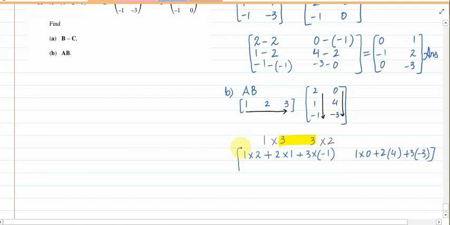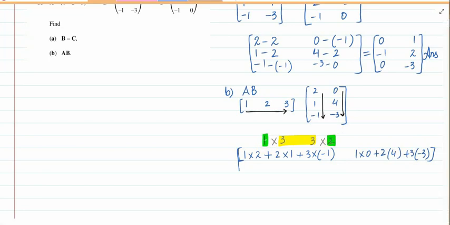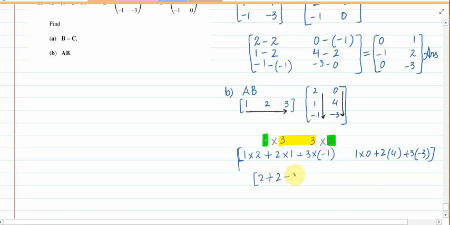So there is only 1 row in your answer matrix, and you can verify the same thing with the condition as well. Solve it further. So 1 times 2 plus 2 minus 3, it will be 0 plus 8 minus 9. 2 plus 2, 4 minus 3, 1, and 8 minus 9, it will be negative 1, and that is your answer.